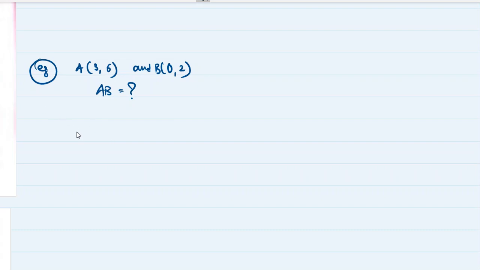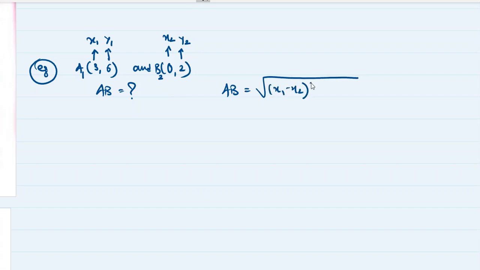We can imagine that this 3 is x1 and this 6 is y1, because this point A is the first point and this point B is the second point. So this 0 is x2 and this 2 is y2. No need to show it like this; I am just showing you for your clarity. So the distance between points A and B is under root of (x1 minus x2) the whole square